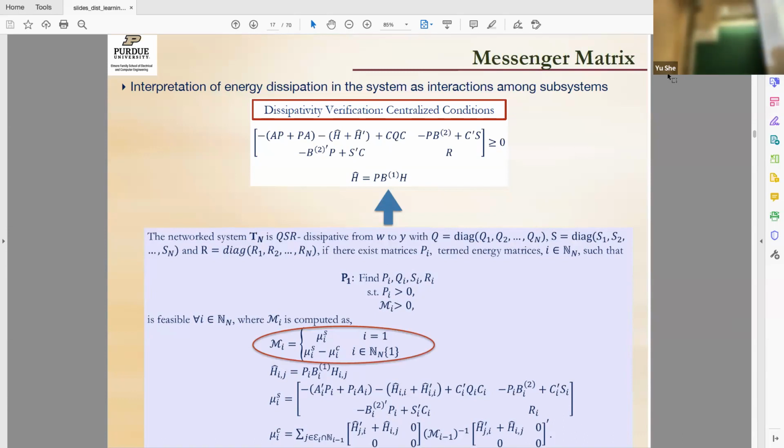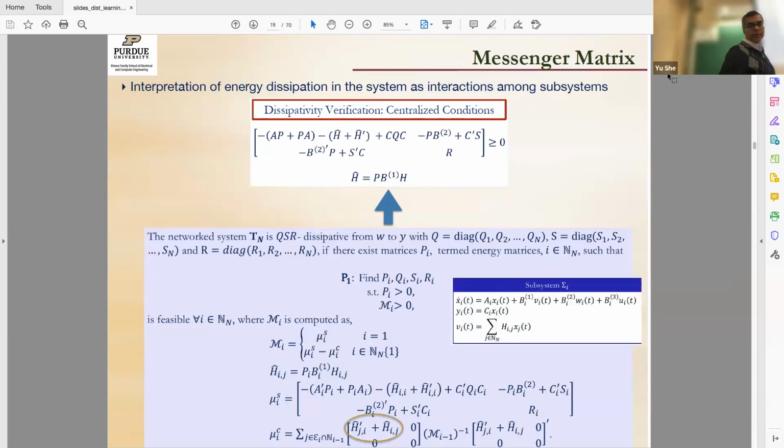So instead of this giant matrix being positive definite, I want this matrix Mi to be definite, which Mi is defined as such. For the first system, the system that I start with at the beginning, the first subsystem does not need to worry about any of the systems. So μIS is something very similar to that equation. This μIS is just that. And then the other systems need to worry about μIC, which is out here. The only thing I will point out is that this encodes the coupling. This is where the bookkeeping of the energy in the interconnections is.